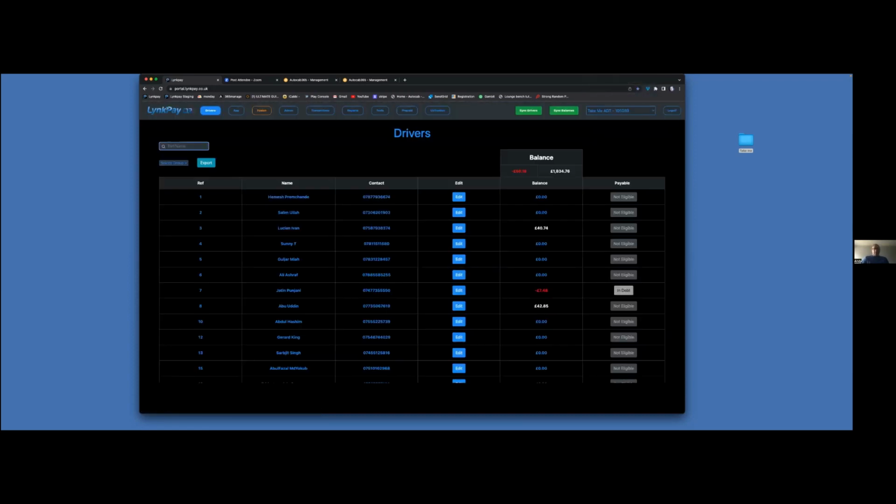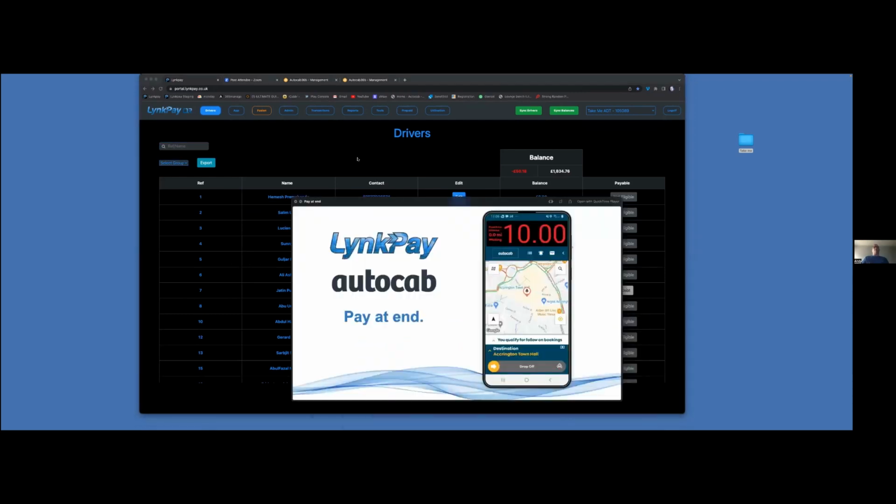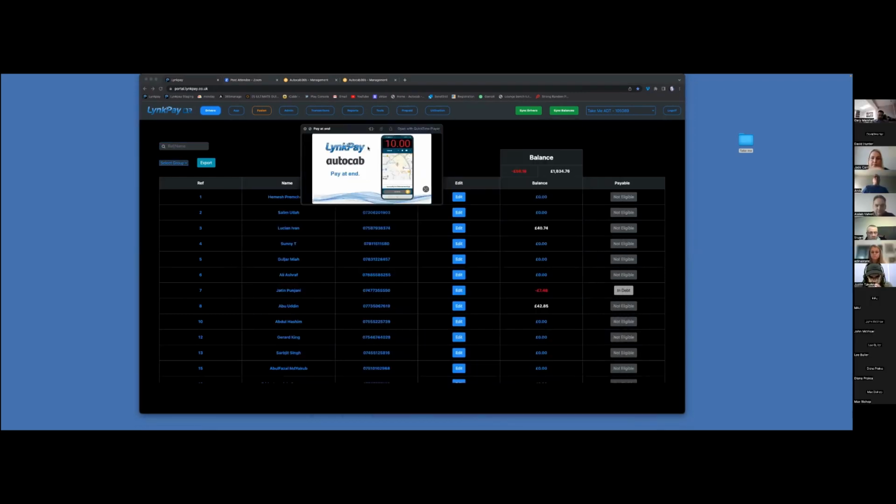The other thing about this is, I know that you guys have got payment machines in cars, and I know you've got all these other things, but this also comes with an option